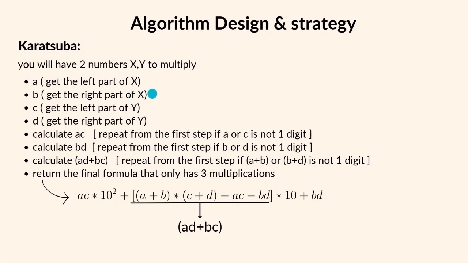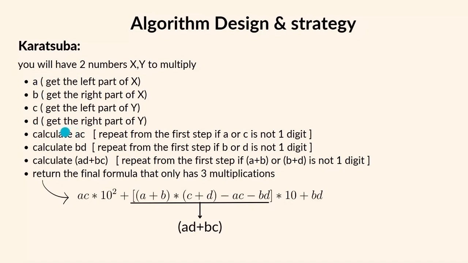Now, let's dive into the algorithm design and strategy. The input will be 2 numbers, x and y. Each time, we will divide the 2 numbers into 4 sections A, B, C, and D. Before we calculate AC, we have to check if A or C has only one digit, and if so we will do the multiplication. Otherwise, we are going to divide AC into 4 sections again